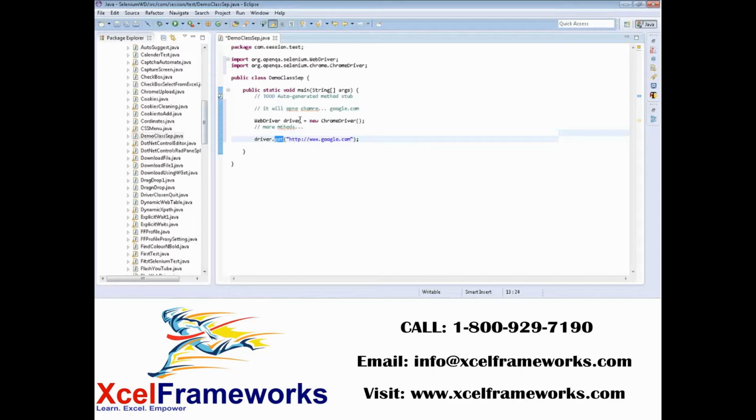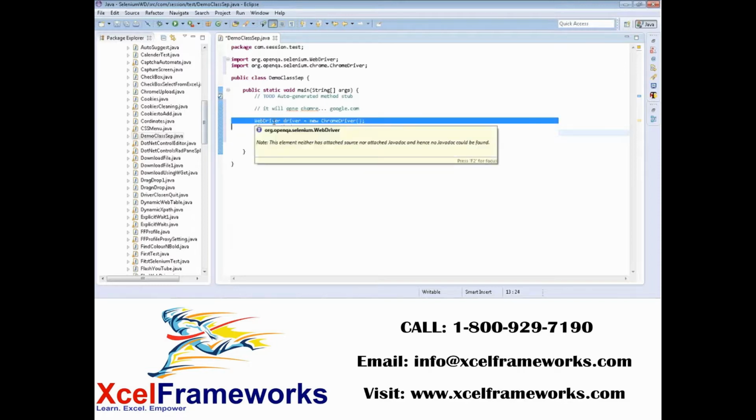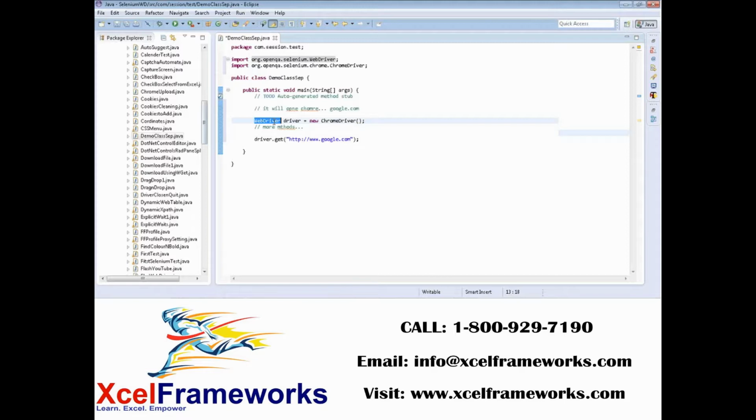So how do you create an object? We are going to create an object instance. WebDriver is an interface someone has created, so using that, I'm just going to create an object. Why am I creating it? Because I will get access to those methods. So what are those methods? Get is one type of method. What get does, or get or navigate, something like this, is navigate to a particular page. Let's say driver.get will navigate to, or open, a page. Which page? You give http://www.google.com. Just open.